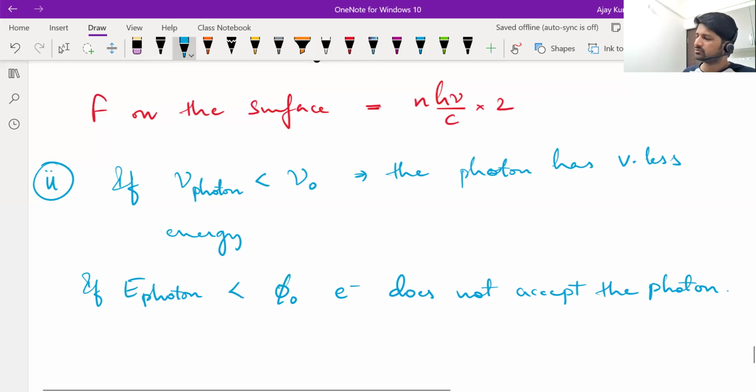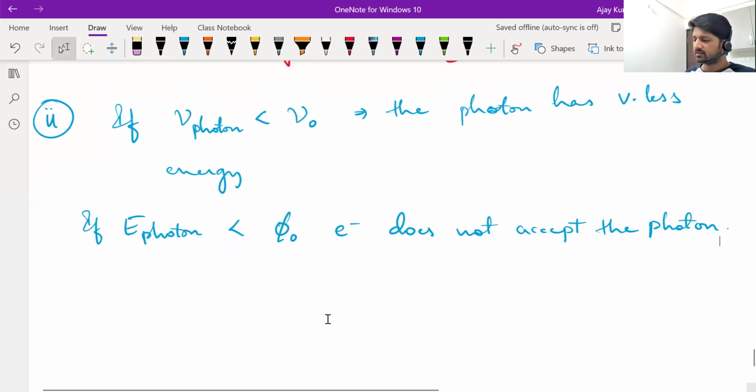So which observations could Einstein explain based on this? One thing: when frequency is less than threshold frequency, no photoelectric emission is observed. And another thing is that it is independent of time also. However much time the radiation is incident, and whatever be the intensity of radiation, if frequency is less than threshold frequency, no photoelectric emission ever happens. Okay? So that he could explain based on this. The photons are low energy photons. Electrons don't accept those low energy photons. Okay. Next.